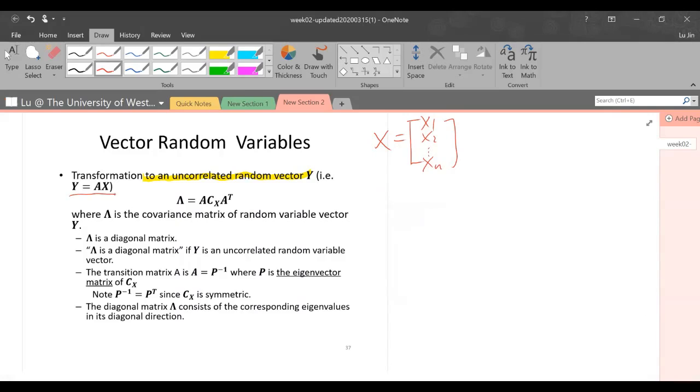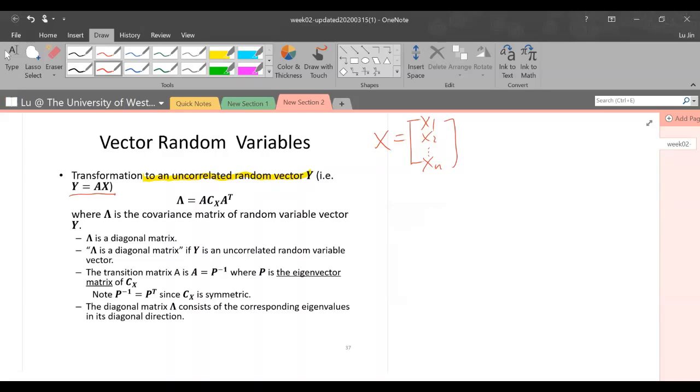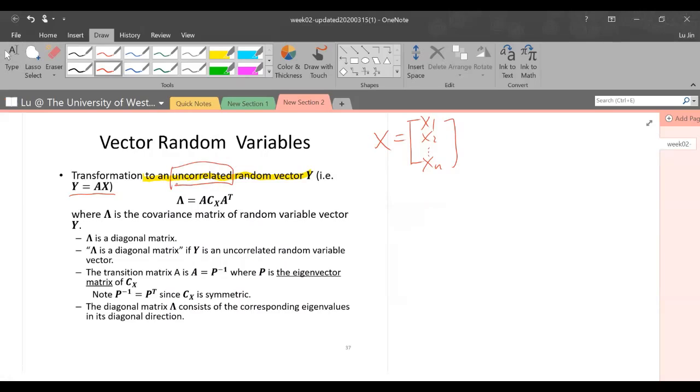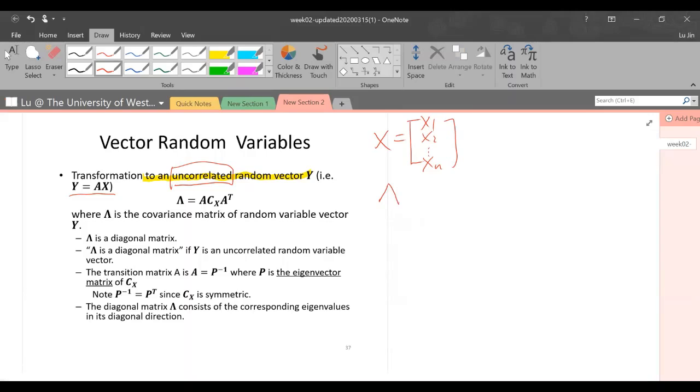So Y is transformed from X. Or in other words, we are using the transformation matrix A to transfer the X vector to the vector Y. But in this case, we want the random variables in the final Y vector to be uncorrelated between each other. If the elements or the random variables within the Y vector are uncorrelated between each other, the covariance matrix of Y, here we are using a special notation temporarily to denote the covariance matrix of the Y vector, must have the feature like